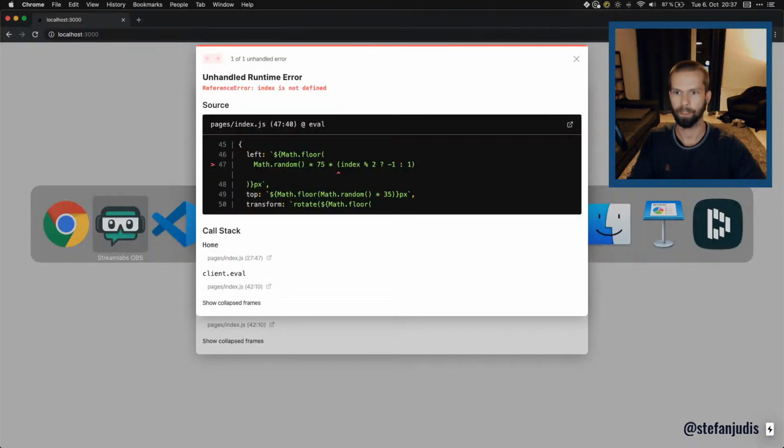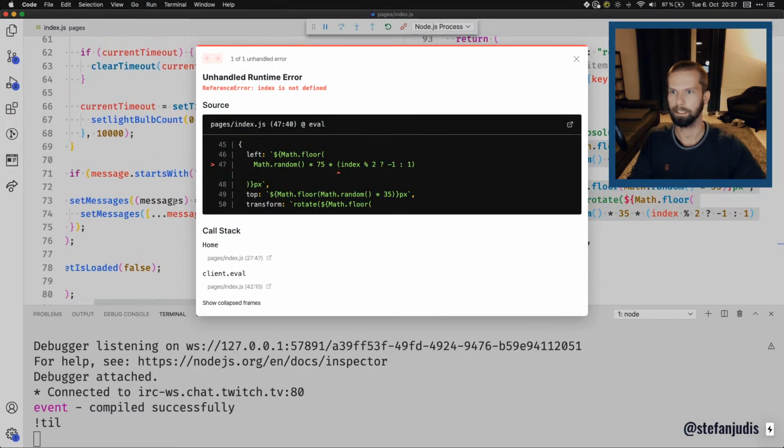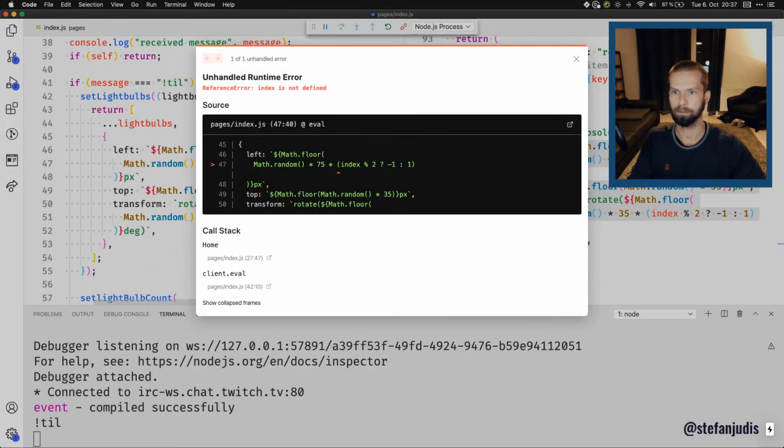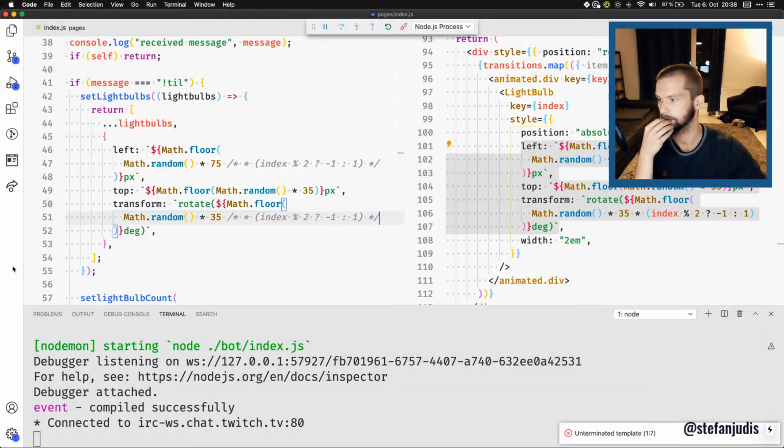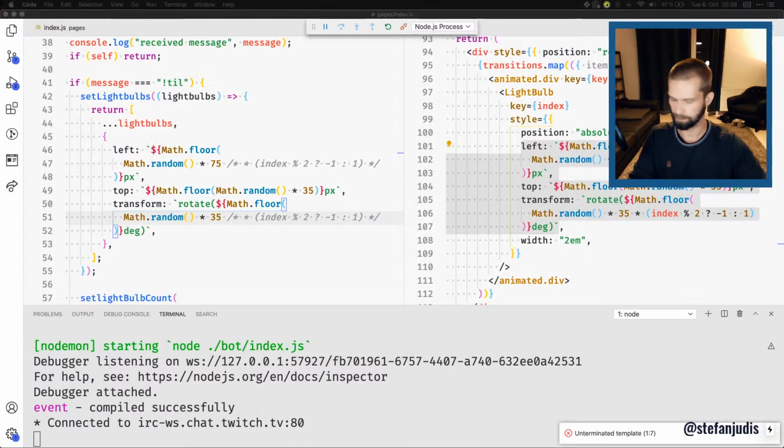So it has a problem with an index here. So let's have a look what's going on. Let's just drop that for a second, because this was kind of randomizing the appearance and where the light bulb is. So what we could do here is something like this. And then we also comment this one out here, like this. So hopefully we get rid of the error. Let's have a look. When we now do TIL again,